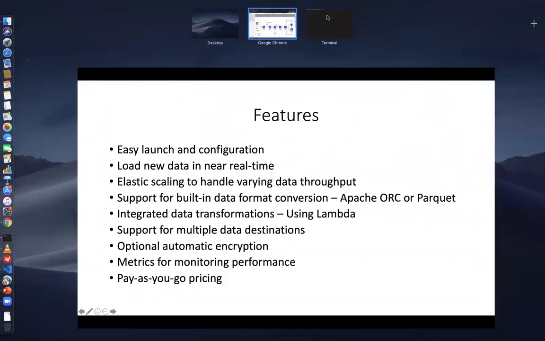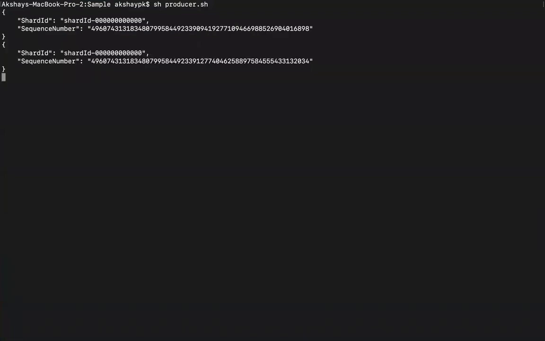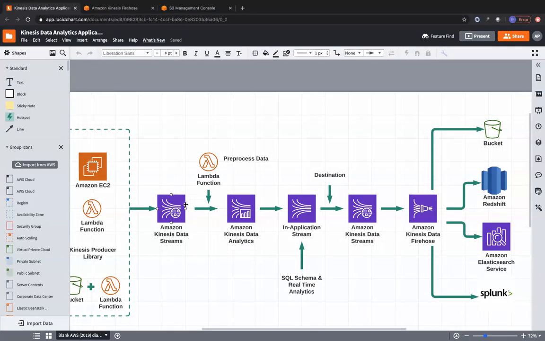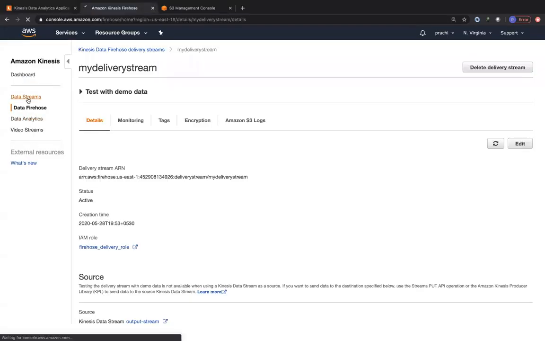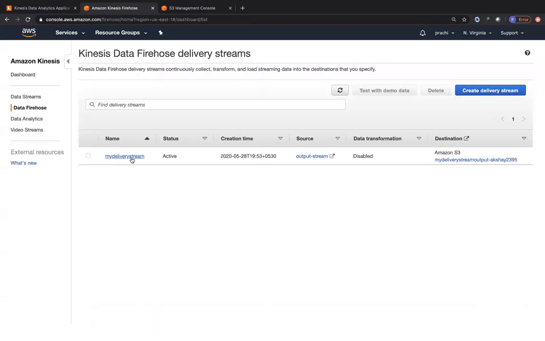So let's run that script first and see how it works. It's going to send all of your data, and all of your data is going to go through this Kinesis data stream into the data analytics application in real time. It's going to go to the destination of the data stream, called the output stream, and from here it's going to go to Kinesis Data Firehose. When you look at the data stream, you have the output stream in the active status. So all of our data is going through the output stream into the delivery stream, which is Kinesis Data Firehose, in order to send it to this destination.